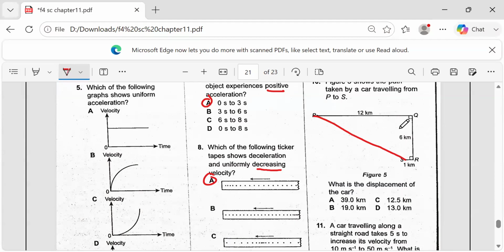Do you know how to count? That means this one is 11 km. 这里是 11 km. 可以吗？因为这个 1 km，这个 11 km. So 11 square plus 6 square root 多少？